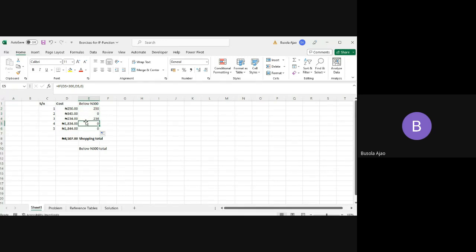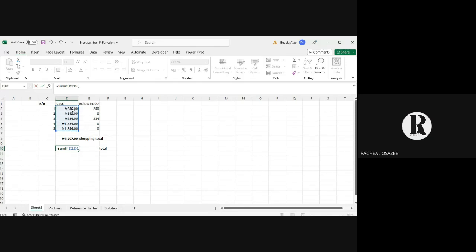But I don't want to do it one by one. I want to just sum it immediately. So I'm saying is equal to SUMIF. Where should Excel check? Where is the test happening? So this is where I want you to check. What I want you to check for,